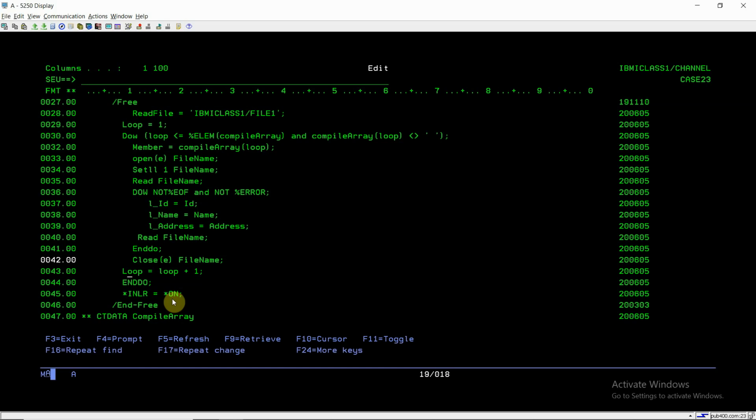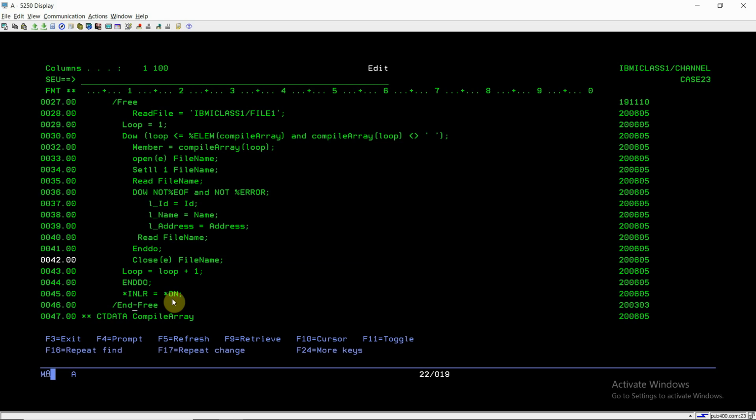Now the loop will iterate a second time, and it will fetch the member name as member 3, and then it will open member 3, and then it will read member 3, and you can specify your own logic here, whatever you want to do with that. In this way you are able to read any number of members out of the total members, right? So this is a very useful program for everyone who is watching this.